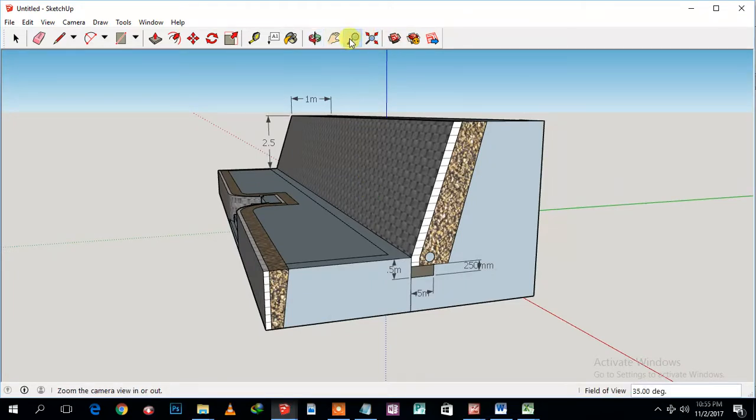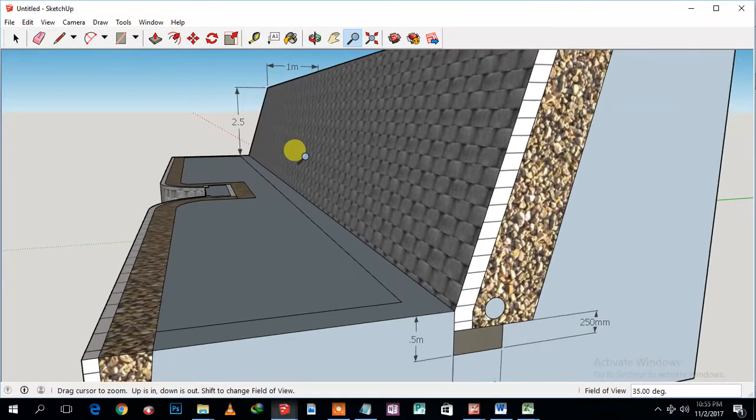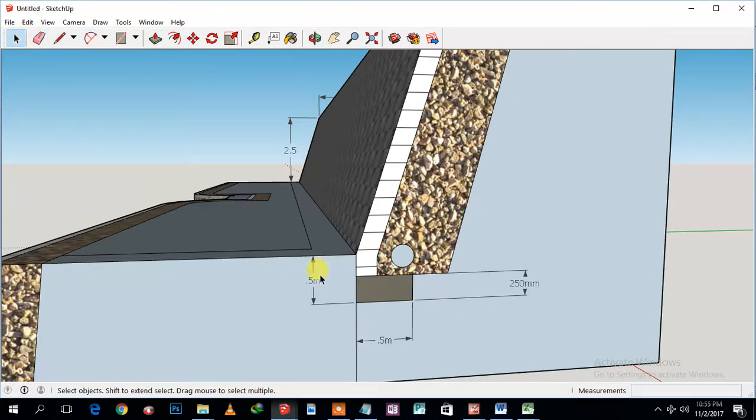I've labeled some specifications here, particularly the dimensions: how deep, how wide, and the thickness of the concrete layer. Basically, we are going to open up a trench that should be at least half a meter, because we're only going 2.5 meters. If we were going higher than that, we could have gone deeper and even wider than half a meter. So we are going to open up a trench that is half a meter, as shown on this drawing. And the concrete layer we have to make at least 250 mils or 300, just to make sure